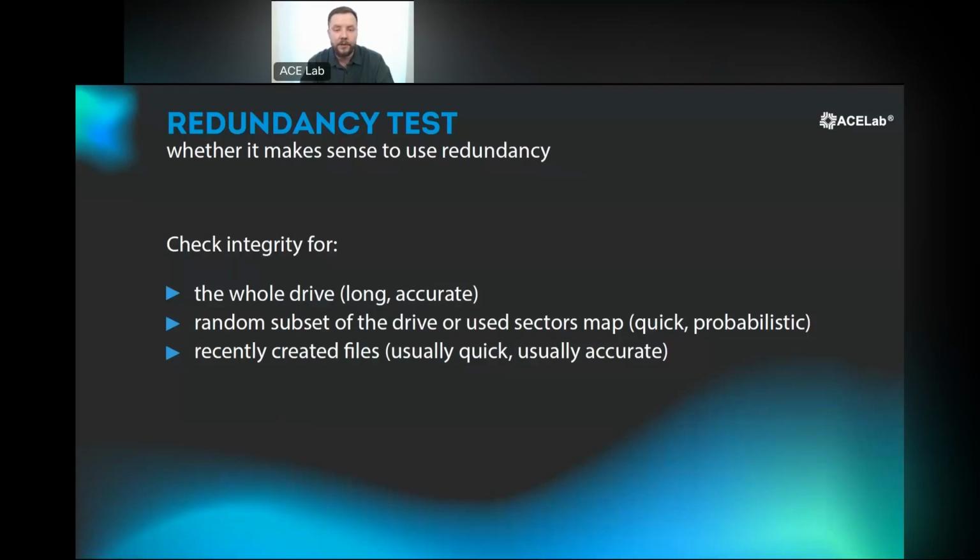What are the other approaches? You can take a random subset of sectors on the drive, or maybe it's better to make a used sectors map from the file system and take some random sectors from that map. This approach is much faster, but it's kind of probabilistic. Why? Because if there are a lot of sectors with bad redundancy, you will most probably find them. If there are not so many sectors, there is a chance that you will not see them. So it's a kind of compromise